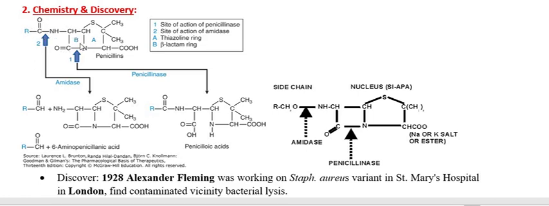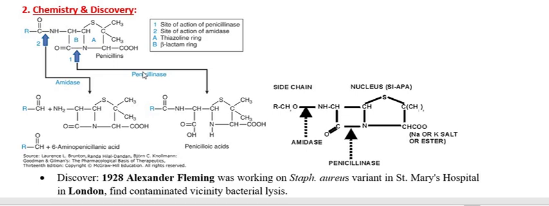This beta lactam ring B possesses the antibacterial activity. What it means is, if this structure B is intact in the compound, the antibacterial activity of the penicillin persists in the drug. So what it means,